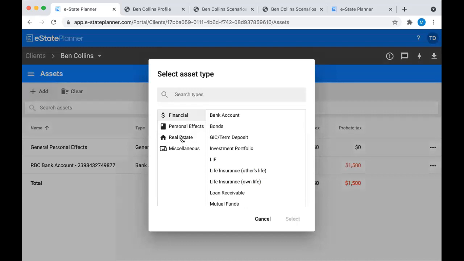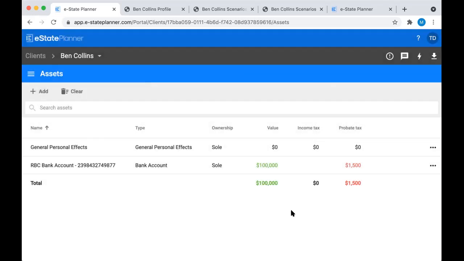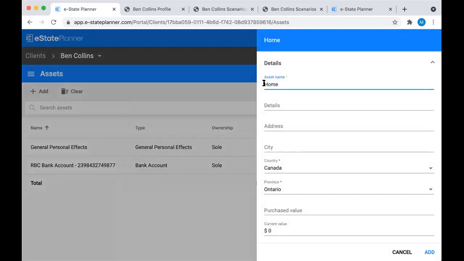Let's go and add a house next. So we'll go over to real estate and we'll go home. Same kind of thing. Maybe they have multiple homes, so I want to make sure this one's called the family home. The address field is important for real estate as well, because if you are going to gift this home